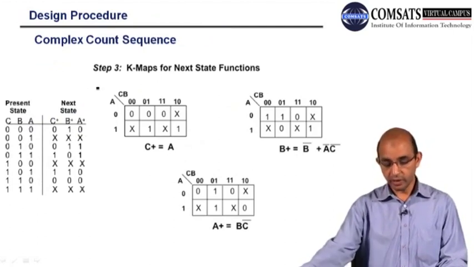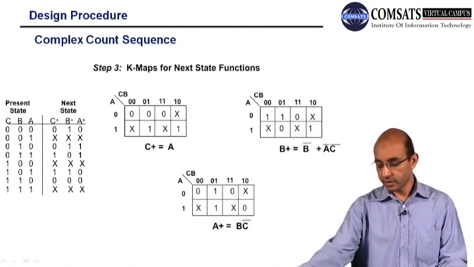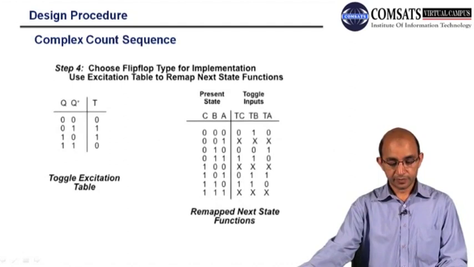We will be drawing the K map. So this is the K map for C plus, this is the K map for B plus. Plus mentions the next state for those corresponding variables. So after the simplification,